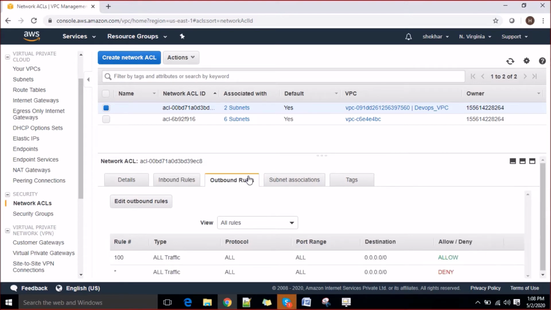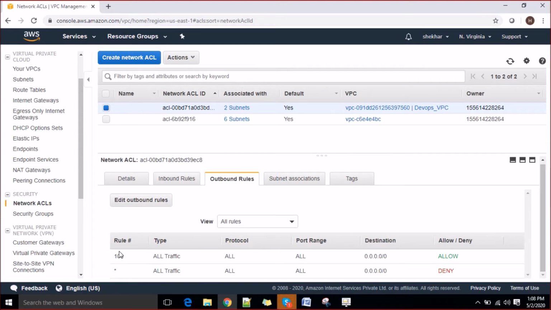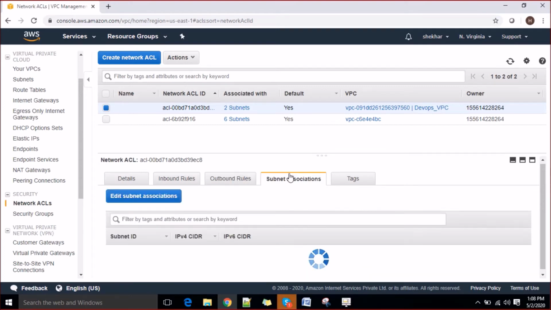In the outbound rules, you will see the same thing. In the subnet section, you can see by default those subnets are allowed. If you add more subnets, you can add them to these ACLs itself.